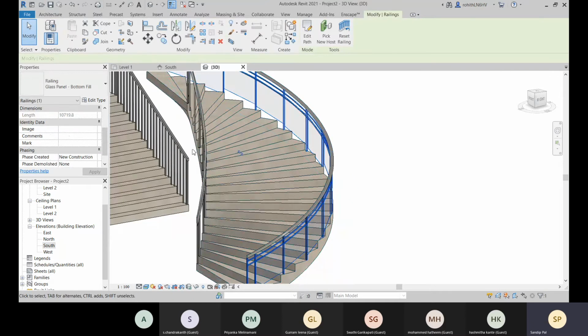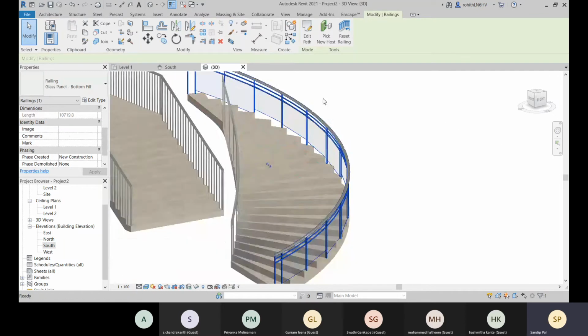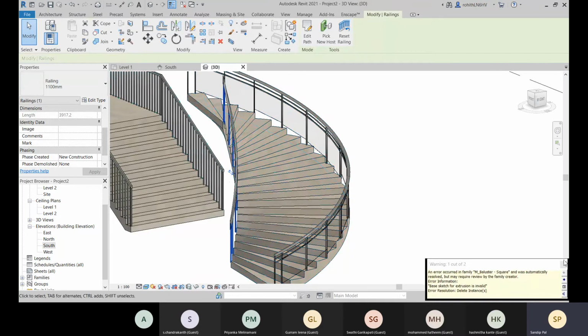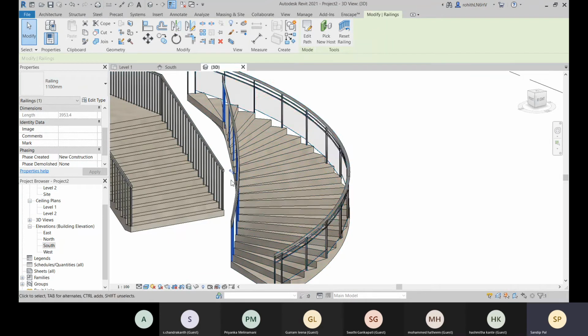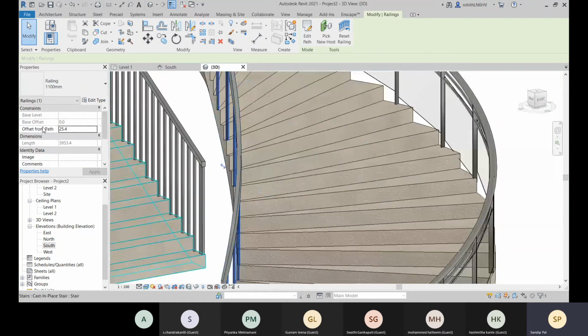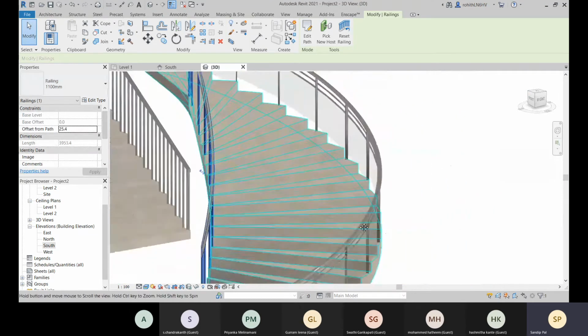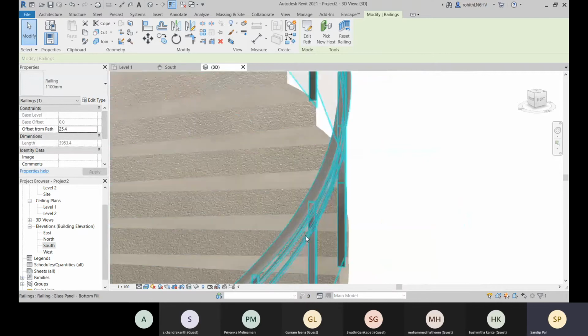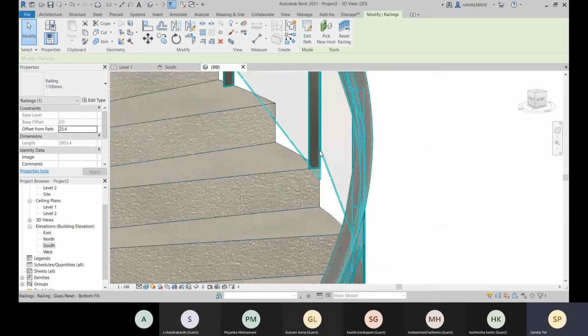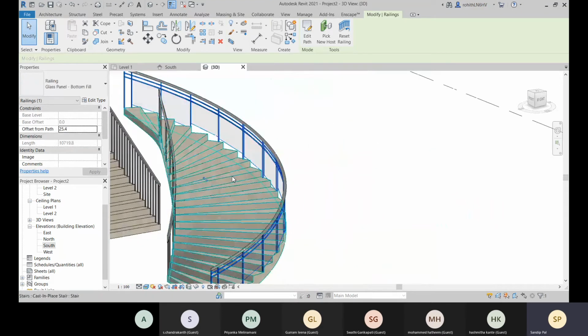Suppose you have deleted, you don't need that, you don't need this end, so you can delete it. Okay, and you can flip it to this side. Okay, so flipping is making it more outside. So what you can do is you can give the offset, and then you can flip it around. You need to flip it like this. Here you can see that the glass panel is out to the outside of this railing. So if you use the flip option, it will go outside.